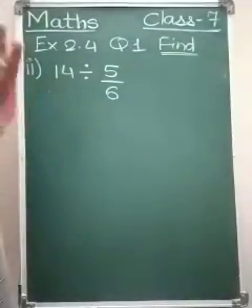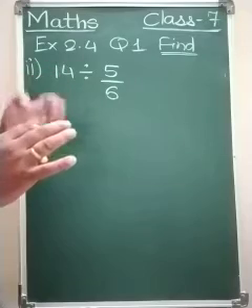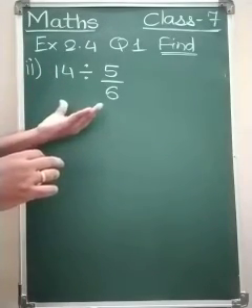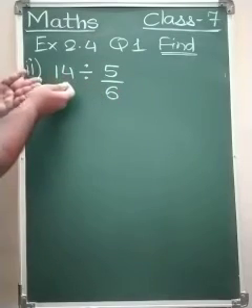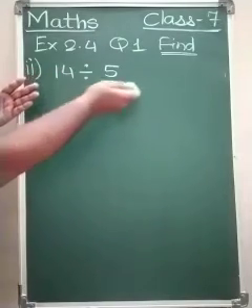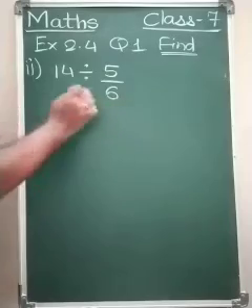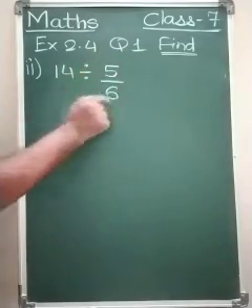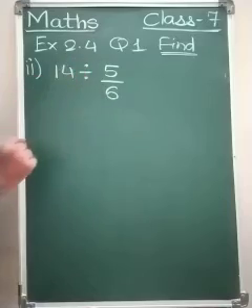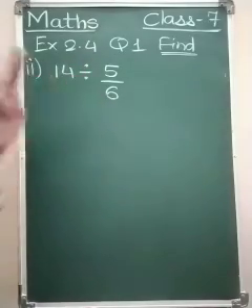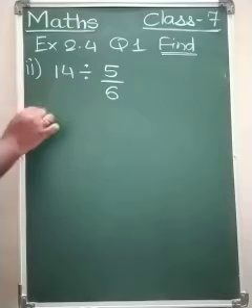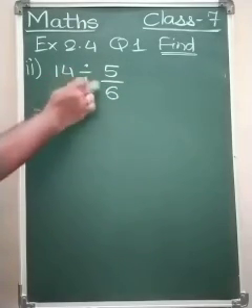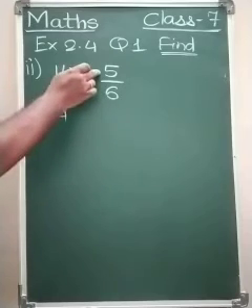Understood? So please be careful about this, because for so many years I am seeing that those who don't understand this concept, they reciprocate anything. Sometimes some students reciprocate this, they change this into multiplication, but this is not reciprocated. They reciprocate this, but this is not converted into multiplication. So two things we are doing at a time. Please be very careful.